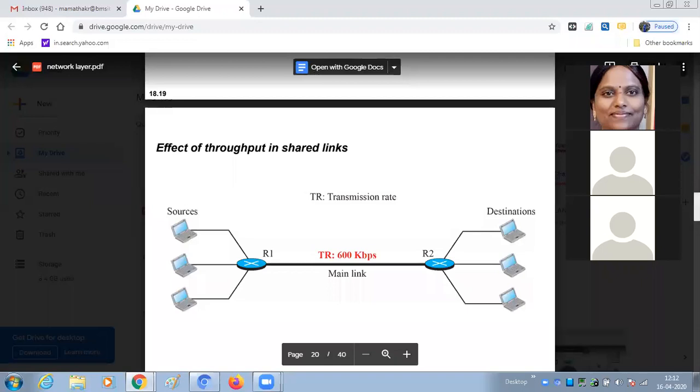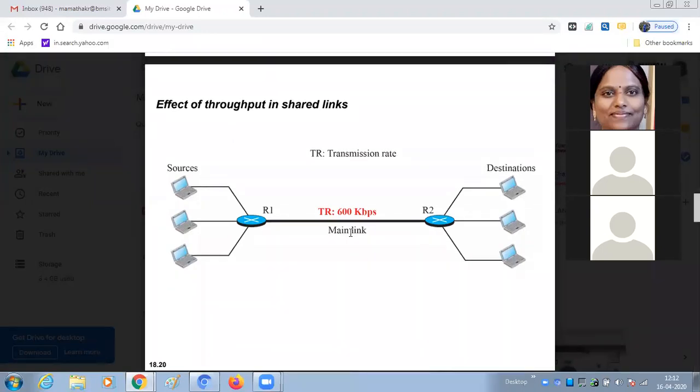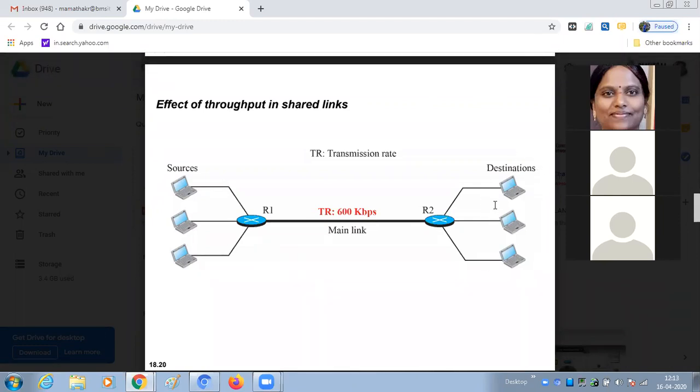One more example I'll show you. Here the main link has 600 kilobits per second. But just see here, the source as well as the destination. There are 3 links, subdivided into 3 links, each connected to one device.